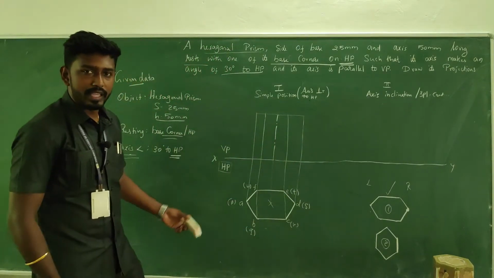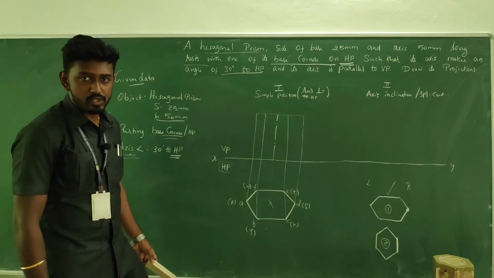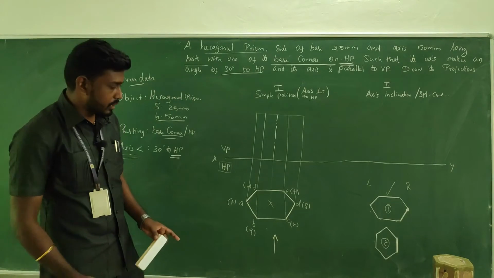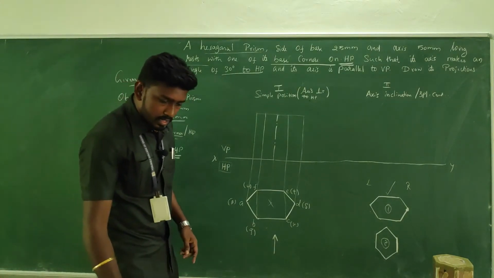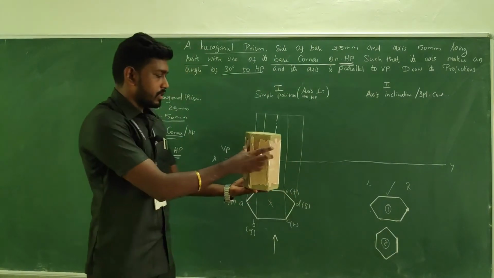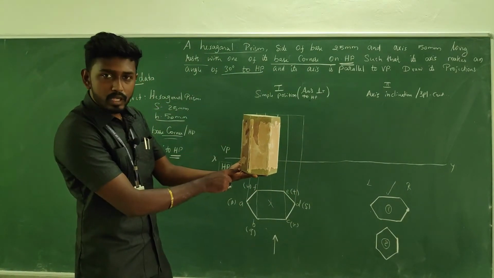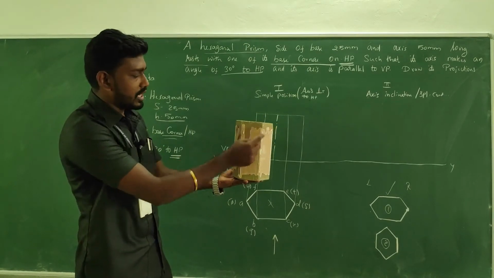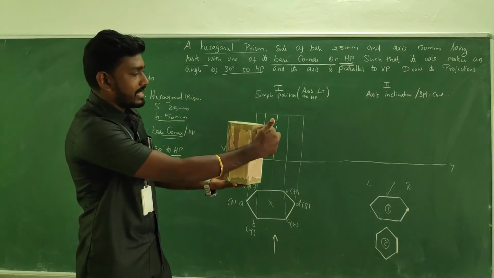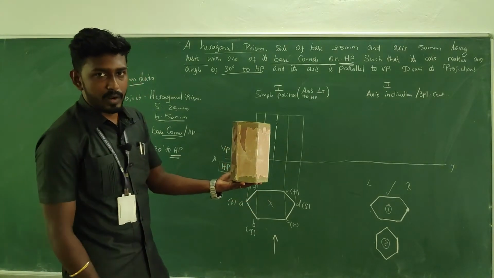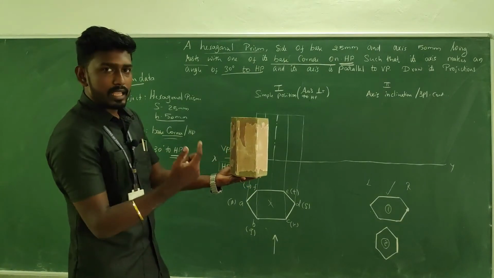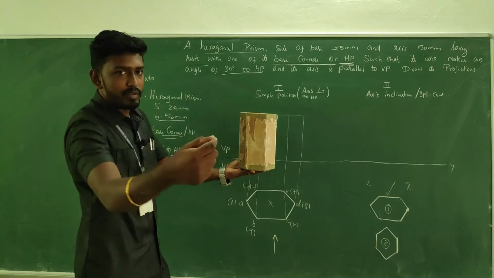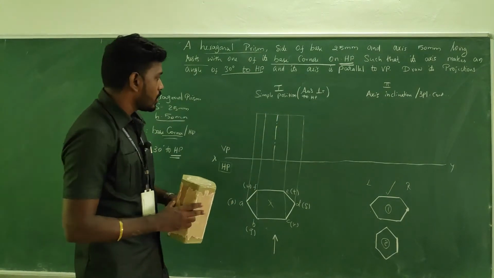Remove it. Now the important part is we need to give the namings. As far as the front view is concerned, we have to look at the object something like this. When you are looking, this object is kept like this. A, P is visible, and B, Q is visible, and C and R are visible, and then D and S are visible, right? A, B, C, D, it's given, is visible in the top, and then P, Q, R, S will be visible from the front, right?